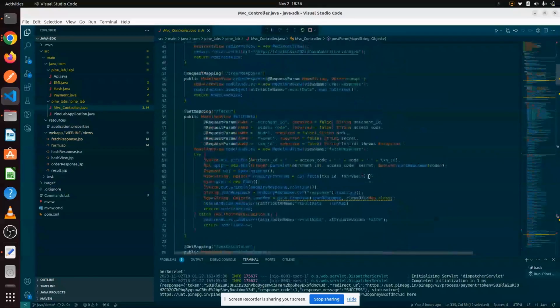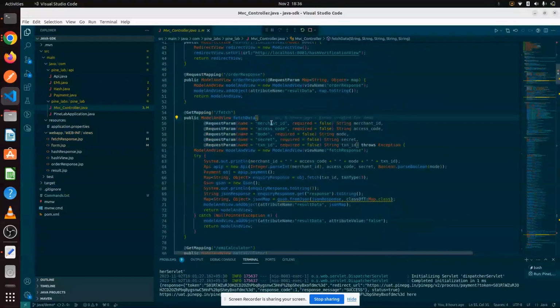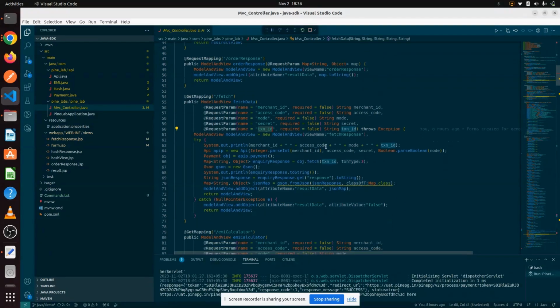In this fetch order, we need to pass the merchant ID as well, and access code, PG mode, secret key, and the transaction ID of which we have created the order, to be able to successfully fetch what happened to that transaction ID. So you need to similarly parse that merchant ID into integer type, and then access code of type string, secret of type string, and mode